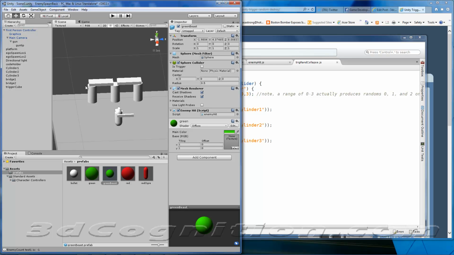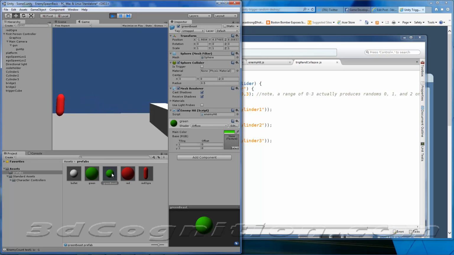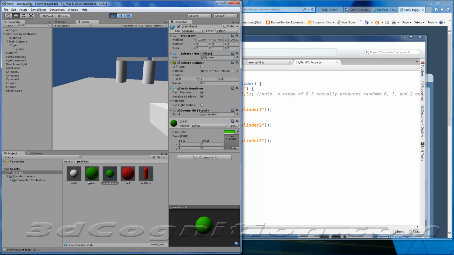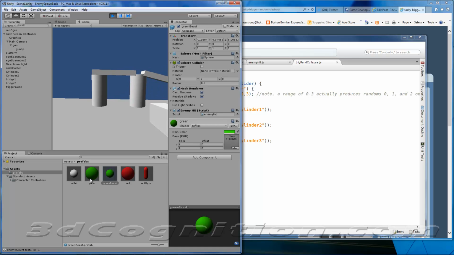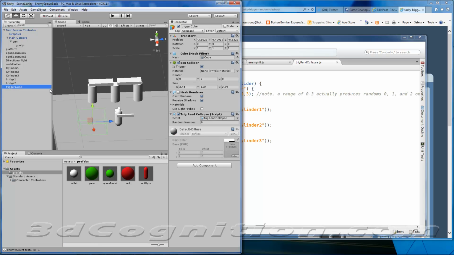Okay, so here I'm going to show a random trigger destroy. Let me show you how it works first, and then I'll talk about the code. So we'll just start off, and this is an enemy instantiation thing I want to talk about later, but for now we've got these three pillars holding up two bridges, let's call them bridges, and as I get closer, one collapses. So what's happening? If I go to Trigger Cube and we turn on the mesh renderer, we can see